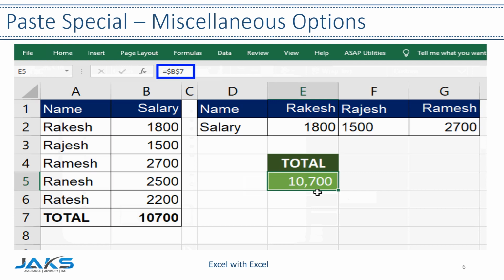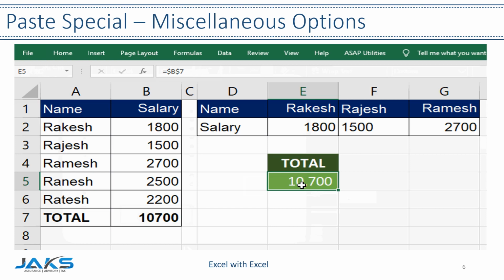Now, we move to the last feature, Paste as Picture and Paste as Linked Picture. Paste as Picture allows you to paste any copied cell or range of copied cells as a picture. This is useful only if you want to take the data to any other document as a picture, and no further operation is expected to be carried out.